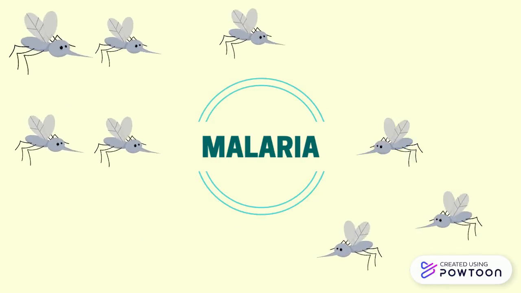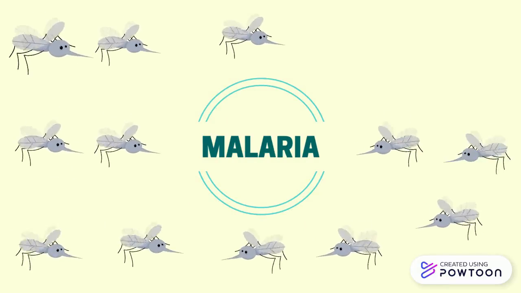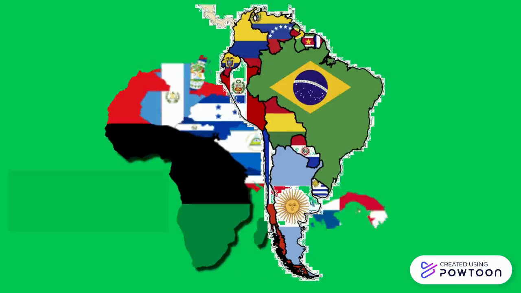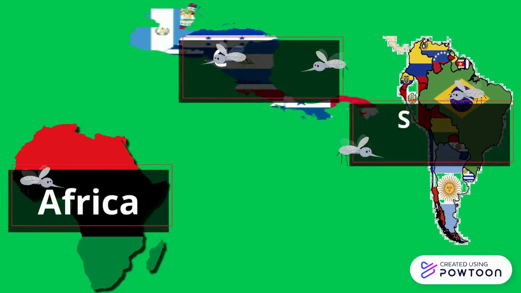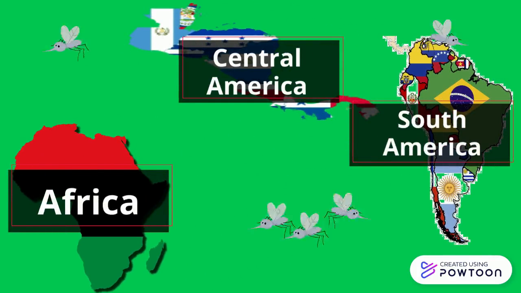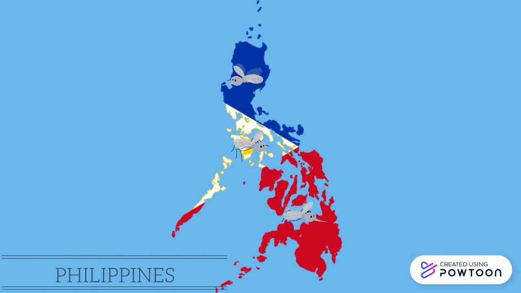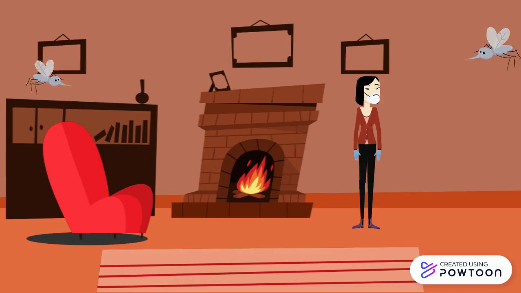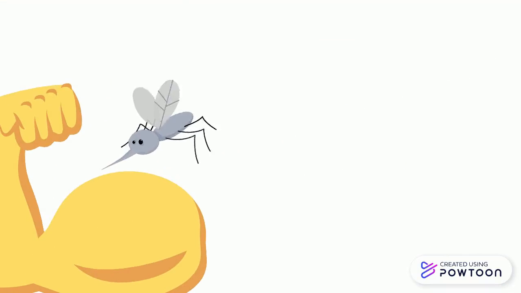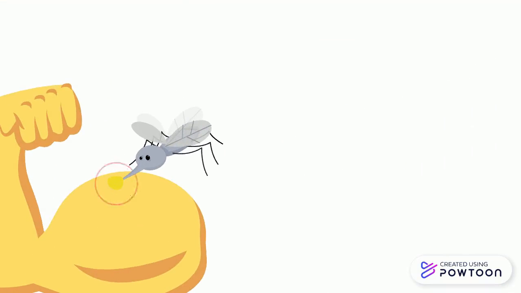It remains an important cause of death in adults and children. Malaria is a disease endemic to Africa, Central and South America, and some parts of the Middle East, and later on spread to our country, the Philippines. It is the most common parasitic disease of humans and causes hundreds of millions of illnesses per year. It is usually transmitted to humans by a feeding female Anopheles mosquito.